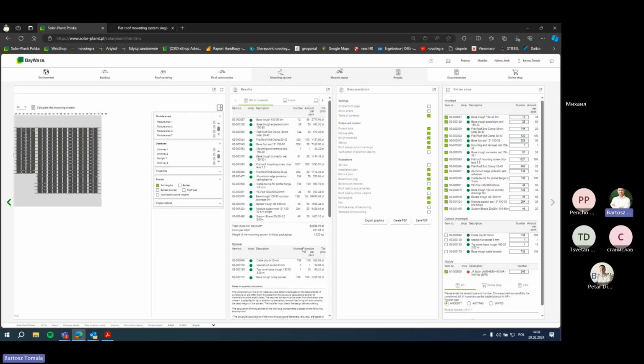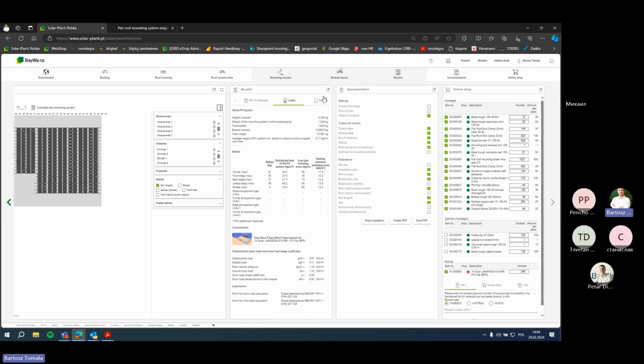So here we have the price, and the more important part will be here, the loads. We have the full loads of the construction set here. So the weight of the modules, the weight of the mounting construction, and the calculated ballast, which is needed to compensate, or rather to ballast, this construction. And here we have the weight of the ballast stones, which I typed as 3.5 and 25 kilos. So you can see the difference between